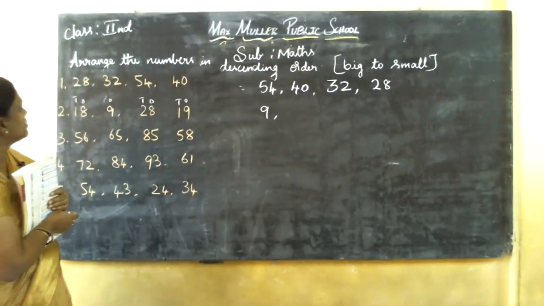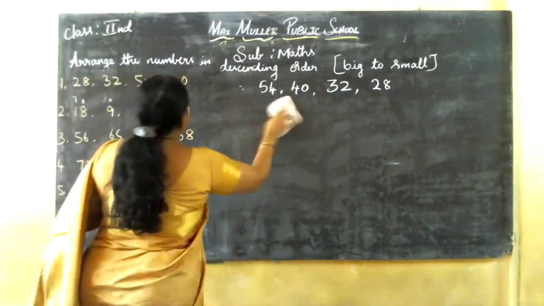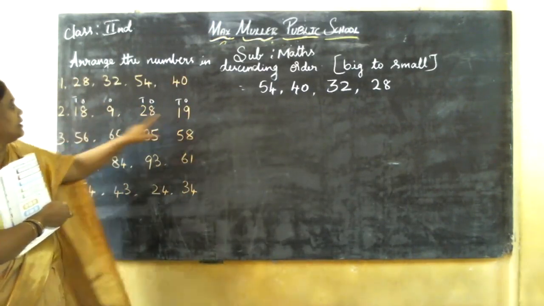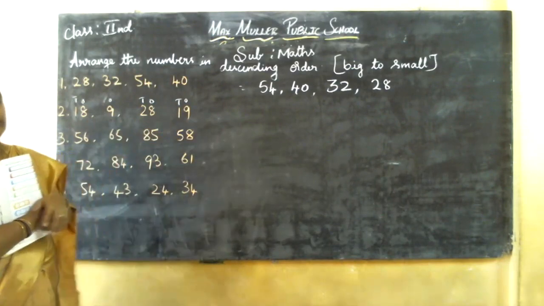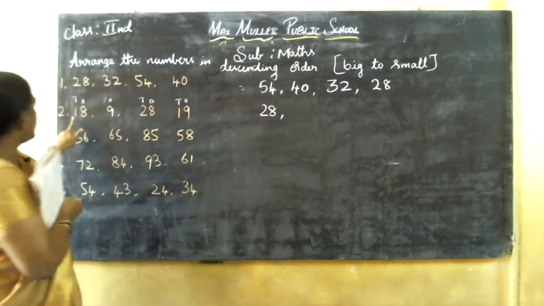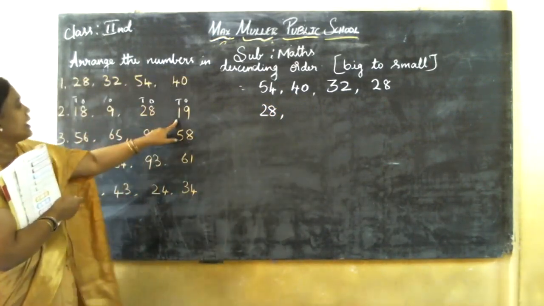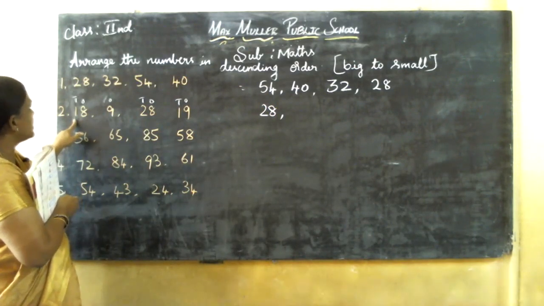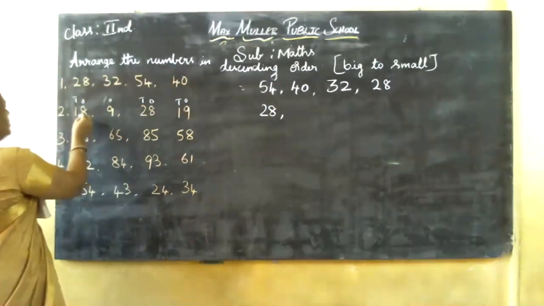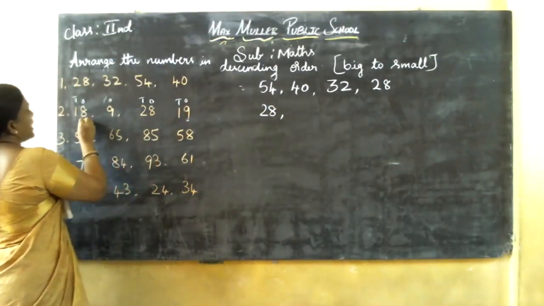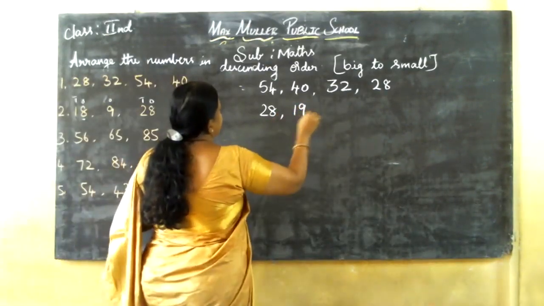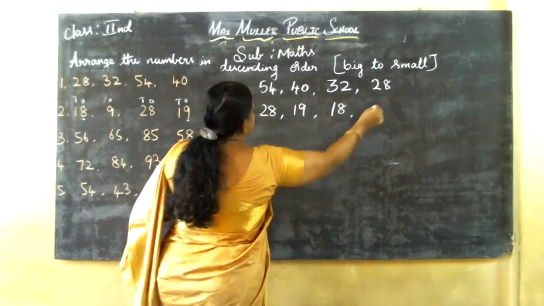See the 1, 2, 1. Sorry children, you want to write the big number now. See, 1, 9, 28, 1. See, 1, 2, 1. Which one is bigger here? 28. See, in this 18, here no tens, here 19. Here also tens place 1 is here, here also 1 is here. If both the numbers are the same, you want to go to the ones number. 8 or 9, which one is bigger? 9 is the bigger, so you want to write 19. After that 18. Single digit, 9.